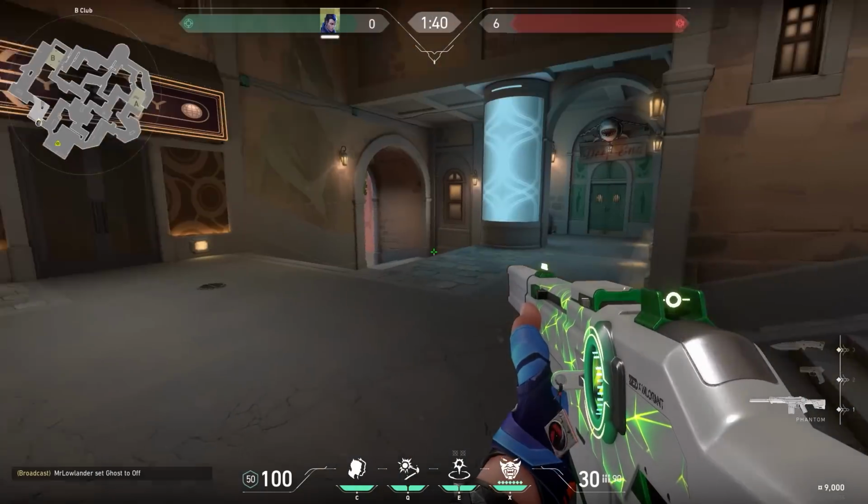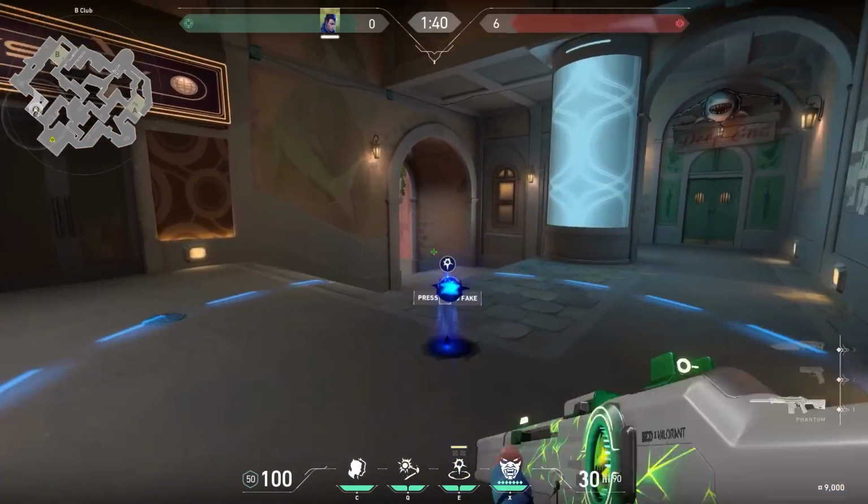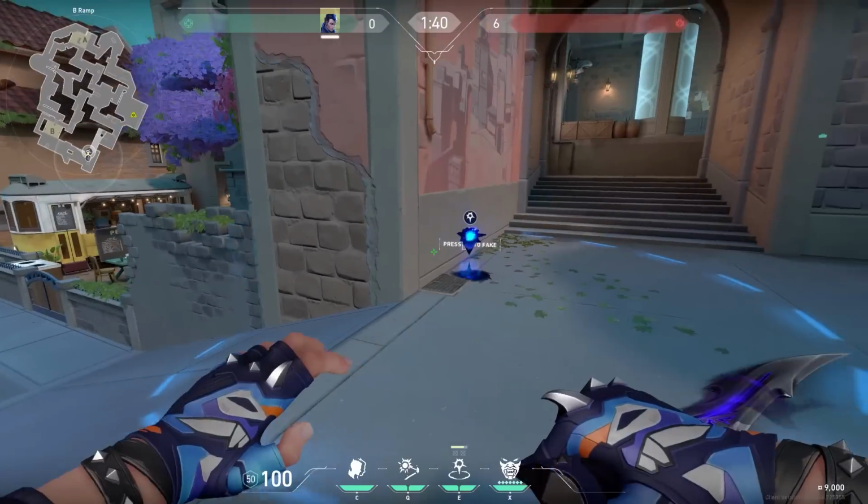Now a nice Yoru gate crash lineup. Simply stand at the bottom of the stairs and aim in the middle of that wall over there. It doesn't have to be perfect, and while we're following this gate crash, you have the time to like this